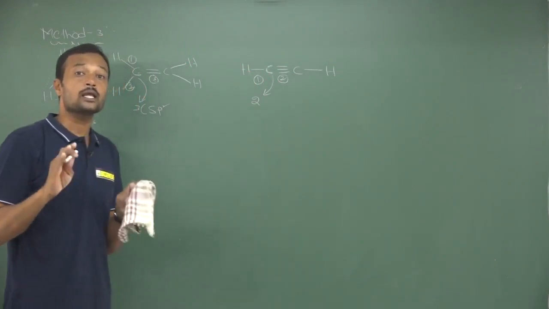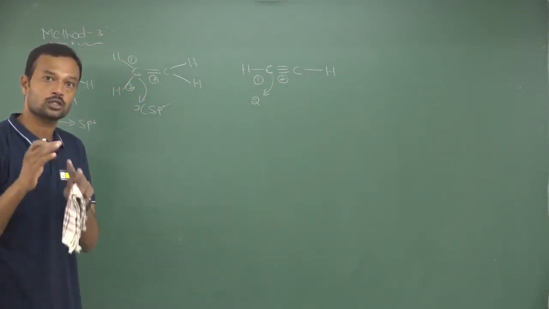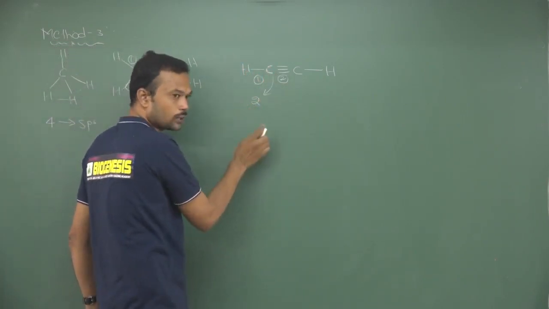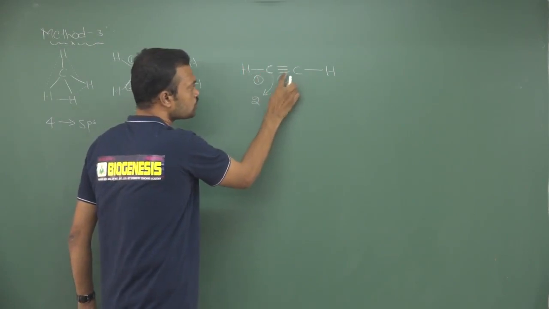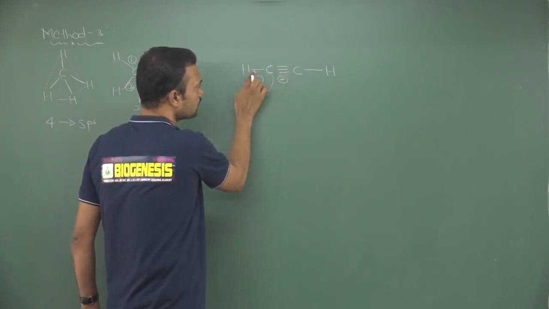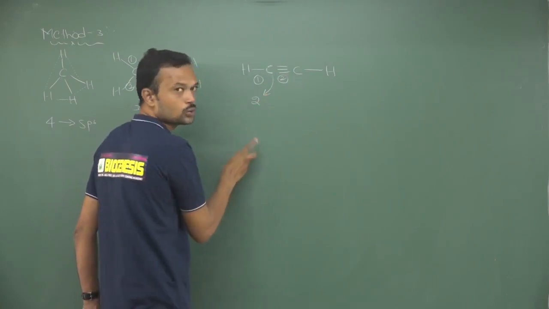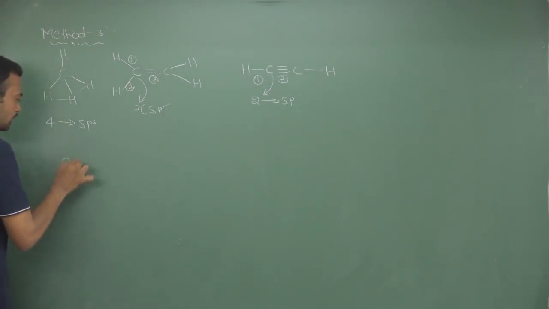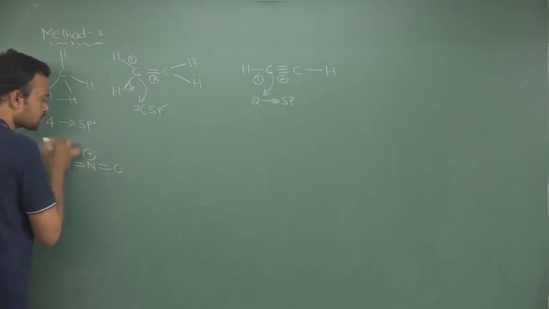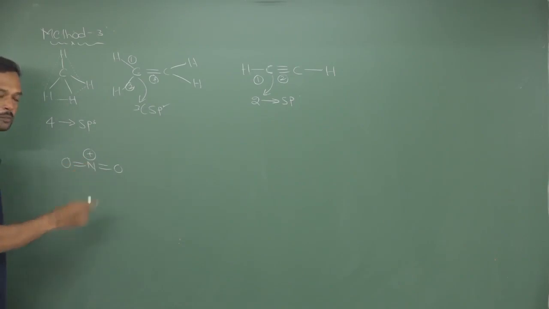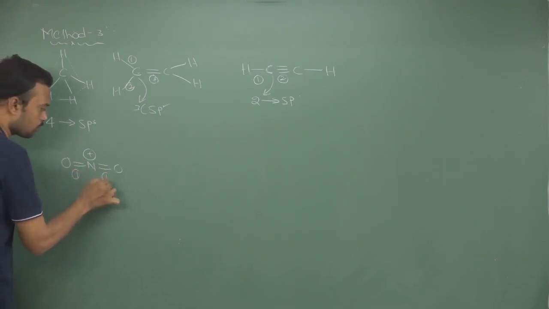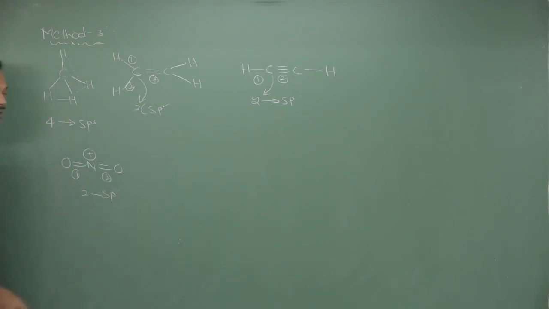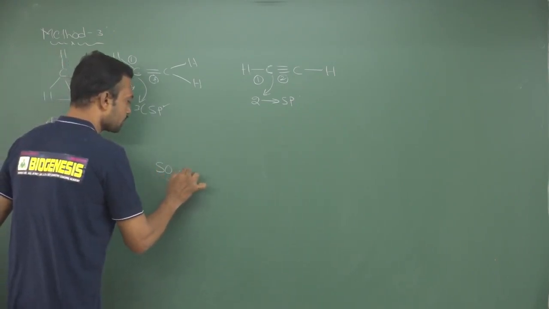A pair may be any number of electrons. It may carry 2 electrons, 6 electrons, 1000 electrons, whatever it may be. If a pair carries a set of electrons, that should be taken as 1. So between these two 2 electrons, between these two 6 electrons. Around this carbon, one side and the other side, only 2 sets. So 2 sets means hybridization is sp. Suppose I take NO2+, around this nitrogen how many pairs are there? One side one pair, right side one more pair, total pairs are 2, then hybridization is sp.